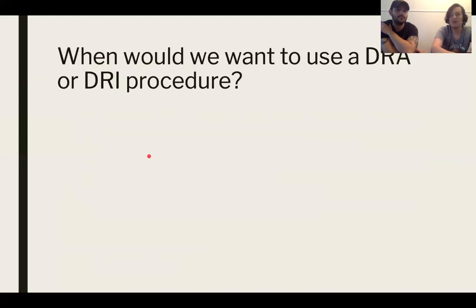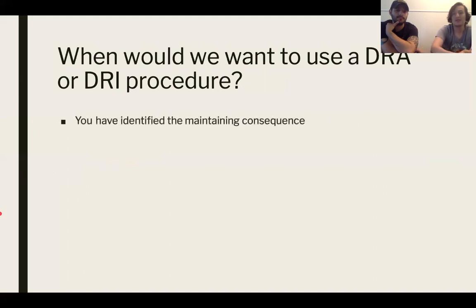So when do we want to use DRI procedures or DRA procedures? First and foremost, you always want to identify the maintaining consequence, right? Why is this behavior occurring? Early on in the semester, we talked about functional assessment methodologies and just looking at patterns over time, right? So there's systematic ways of doing this, but ideally, you just want to identify what's the maintaining consequence for this